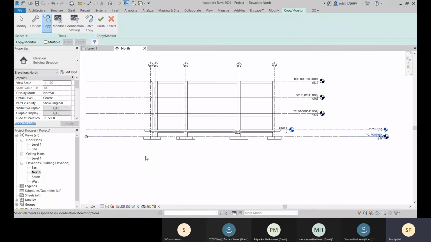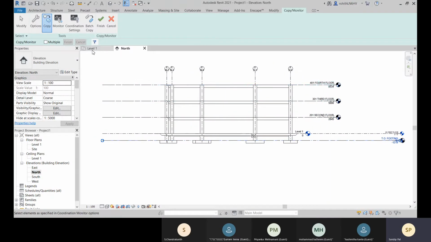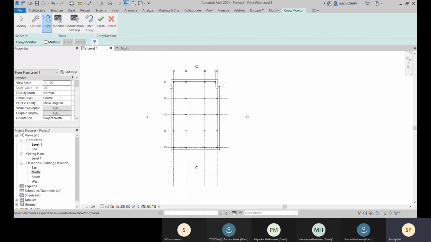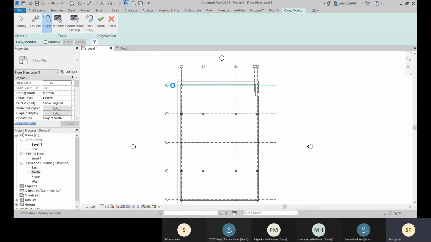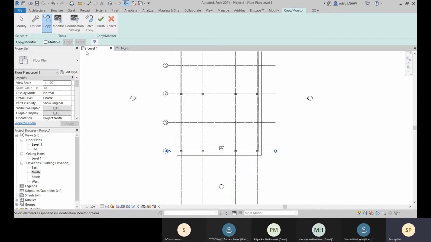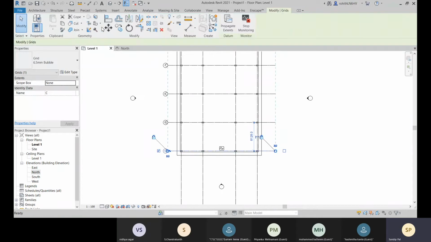Okay, fine. And let's come to this level 1, and here I will copy these grids. Let's select this. Okay, and now let's go for finish.